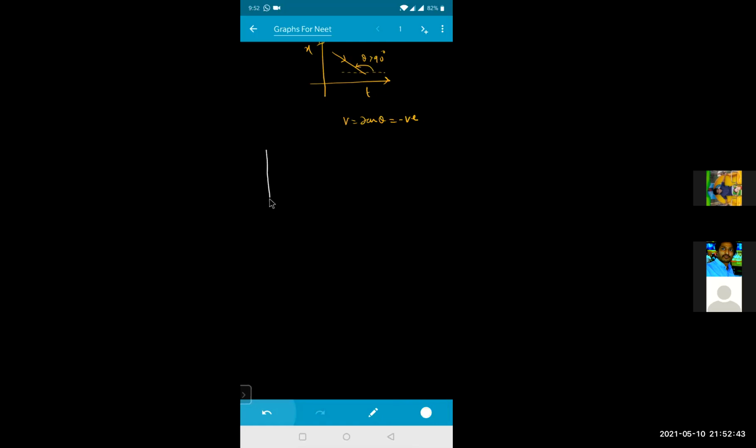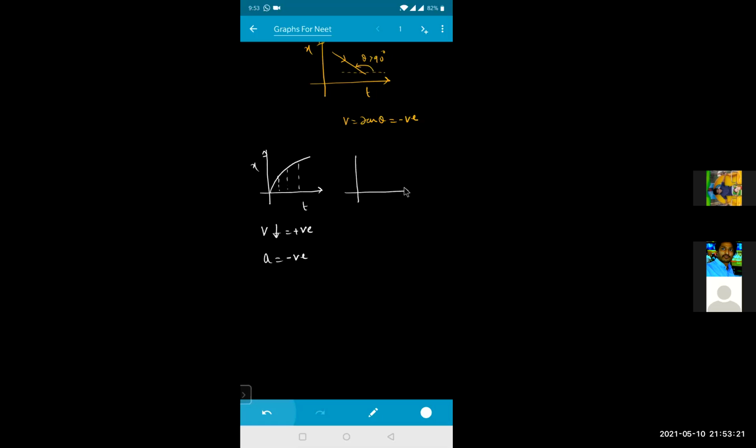So firstly, I hope everyone knows these graphs also. I'm writing it roughly right now for you. This is your x versus t. If the graph is like this, what is happening right now, beta? If I take different times, as the time is increasing, the velocity V is equal to tan theta. What is happening to the value of theta? It is decreasing. So velocity will be positive, but decreasing, so acceleration will be negative. It means the particle is moving with positive velocity but negative acceleration.